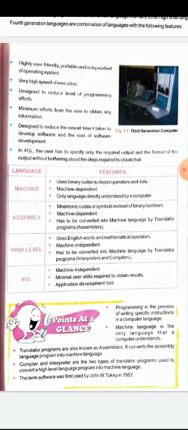Next, points at a glance. Programming is the process of writing specific instructions in a computer language. Now only we have discussed that programming is writing a set of instructions according to the computer language's rules. Machine language is the only language that a computer understands. Translator programs are also known as assemblers. It converts assembly language programs into machine language. Compiler and interpreter are two types of translator programs used to convert high level language